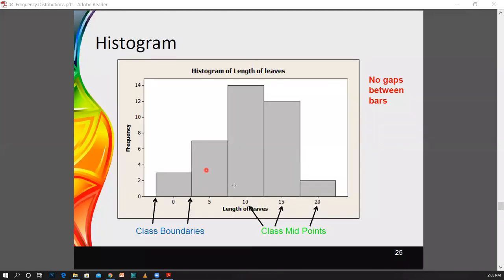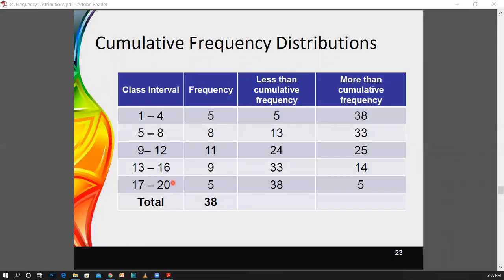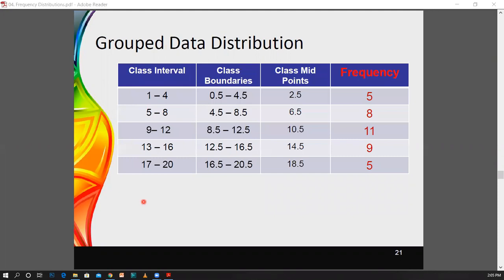Okay, now we will try to create a histogram for this set of data. This is the data set that we have, so now we'll see what we can do with it. If you need to construct a histogram, first, the y-axis should always be the frequency, and for the x-axis, we will have the length of the leaves. Here it is the length we have considered.